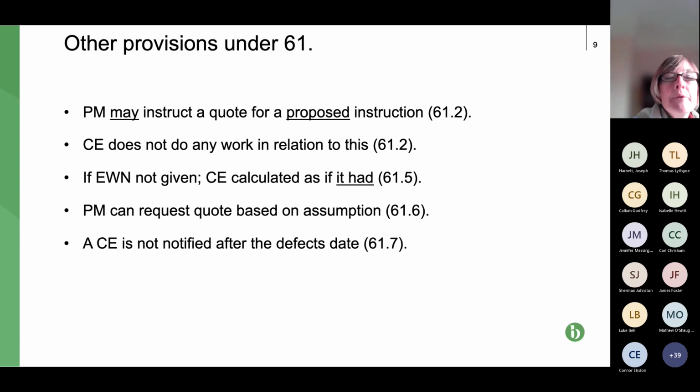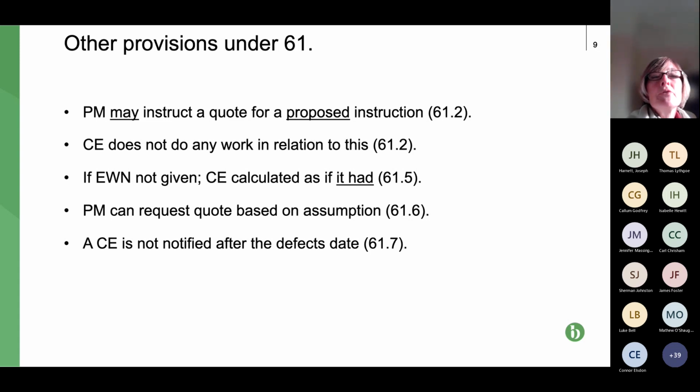Third bullet point, early warning notice. It's an obligation on both parties to issue an early warning notice. All it relates to is a scenario where either party spots that something that's happened is going to impact on the project. So things like increasing the cost, increasing the time taken to carry out the project, changing key dates, all those sort of things. So it's not just limited to compensation events.